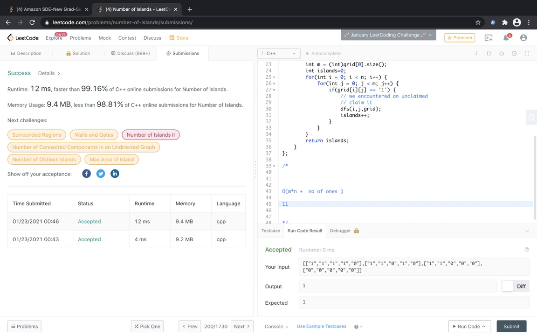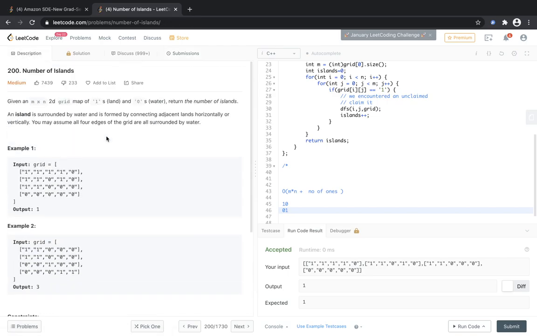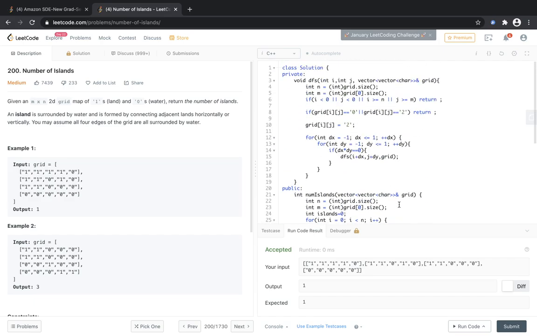But what will happen here? Here obviously these are two different islands, so we cannot mark the diagonals. It was clearly written in the question that the lands are horizontal and vertical, not diagonals. So these are two different islands. This is not a single island. Hence even this works. We just need to make sure that we are not traversing the diagonals,